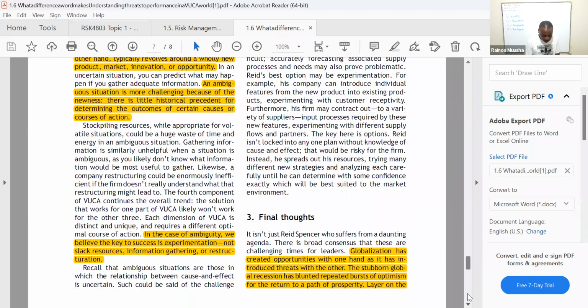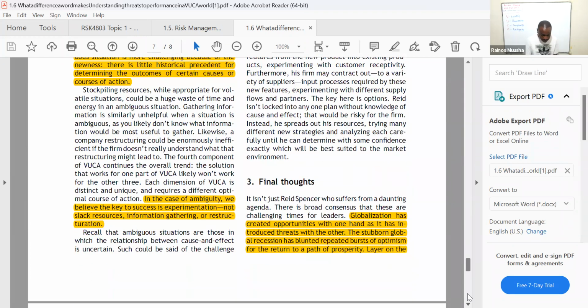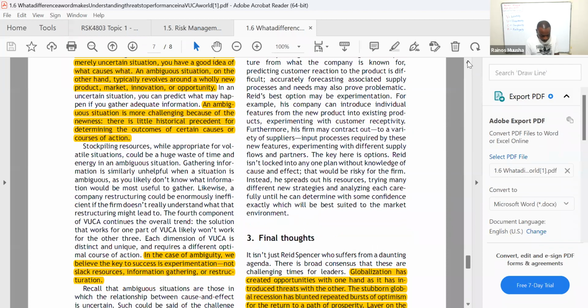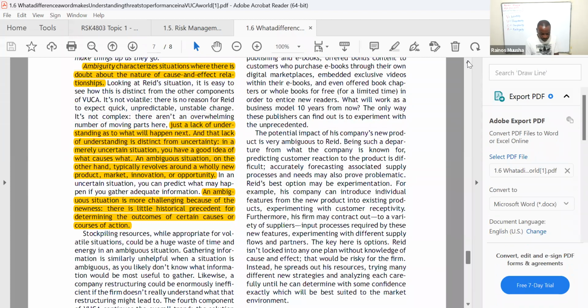So here they say, in the case of ambiguity, we believe the key to success is experimentation, not slack resources, information gathering, or restructuring as well. So which means in this case, they say,